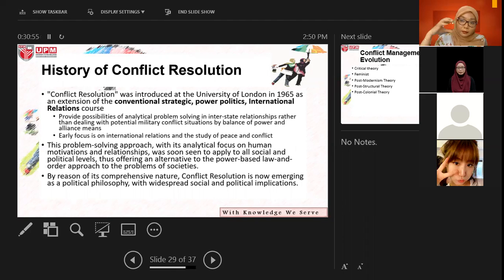Sama ada kita berusaha untuk mengekalkan kuasa kita. Kuasa ni boleh jadi the power within the organisation or the power to administer one country, one nation, one monarchy, ataupun kita sebenarnya berada di bawah tapi kita cuba untuk